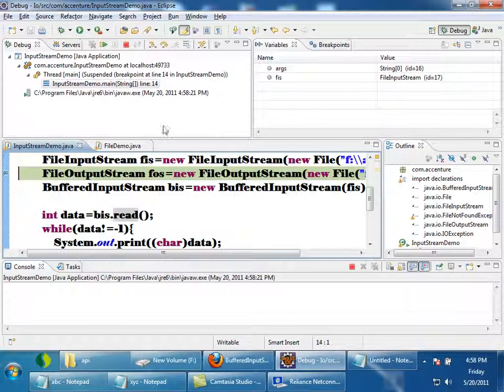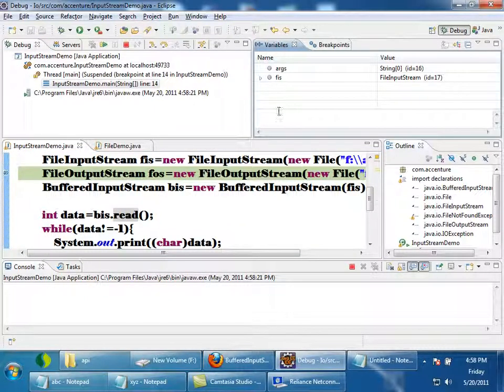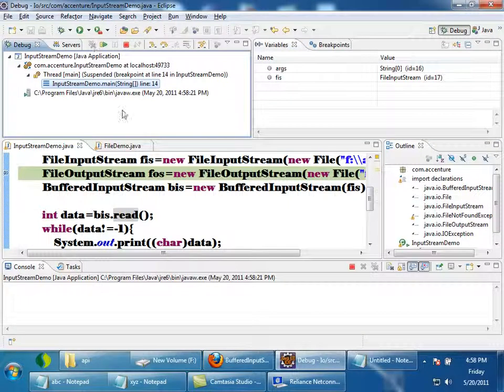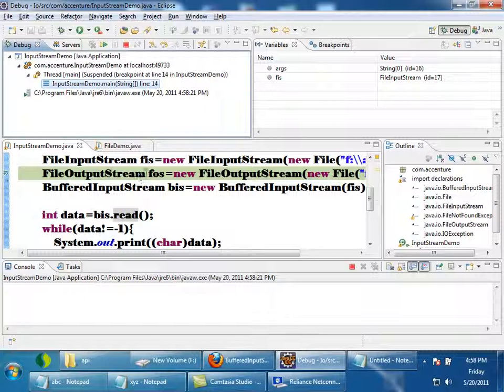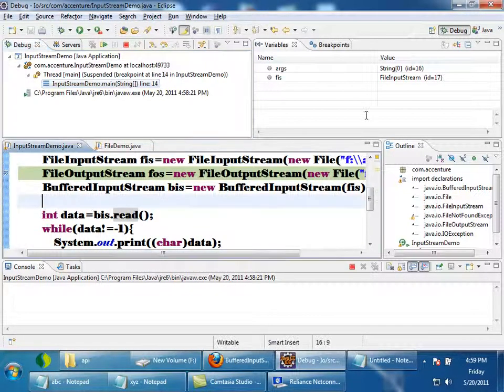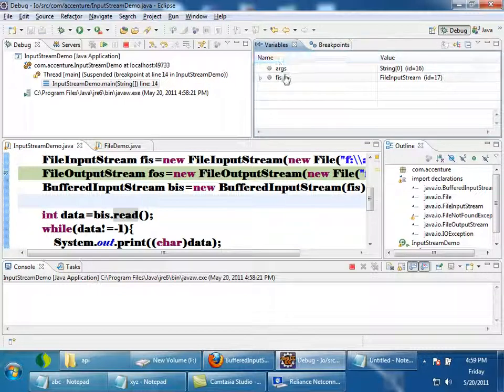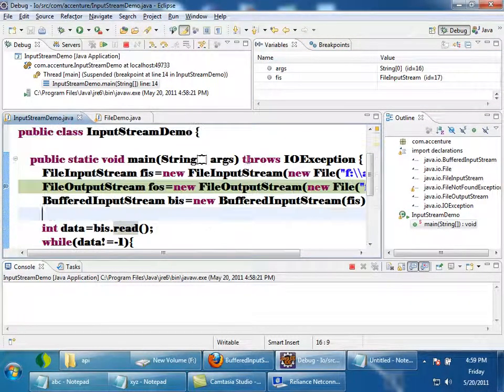In the debug perspective, these are the windows open, right? It is showing the stack trace. Now the program is suspended. The main thread is suspended at this line. When you are at this point, the variables you are seeing here show the top of the stack. Tell me what is on top of the stack. Args, a local variable, and fi is also created at this point, a local variable.